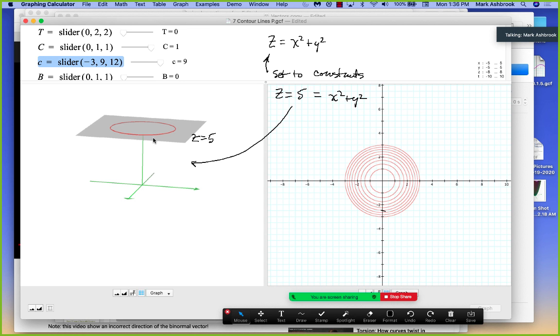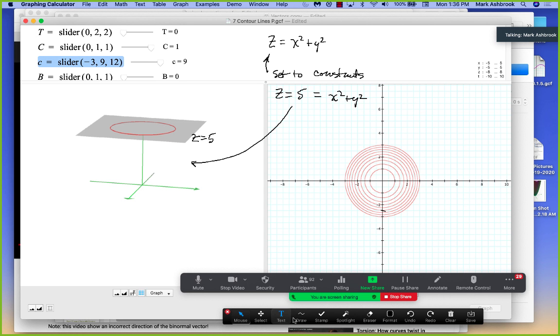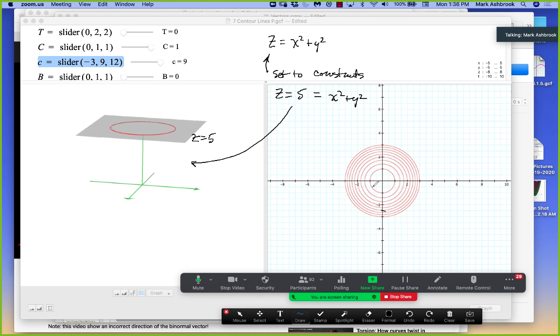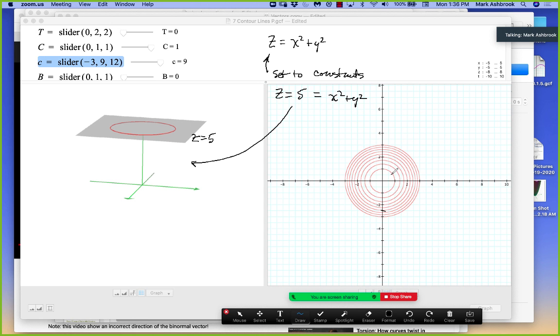So this is z equals 9, and that's the circle of radius 3. Here's all of them from 9, 8, 7, 6, all the way to 1. So this interior circle right here, that's z equals 1. That means that every point,